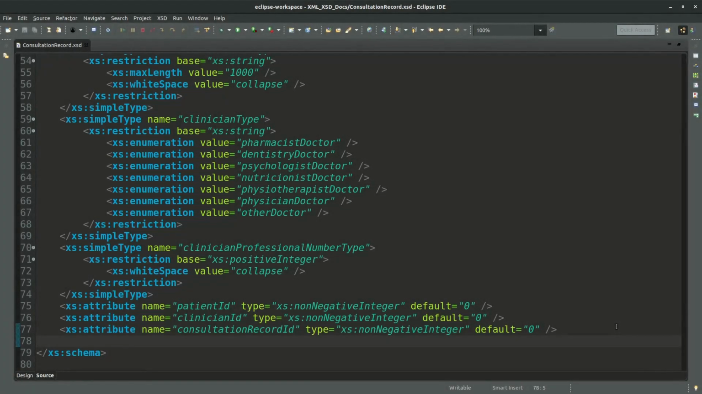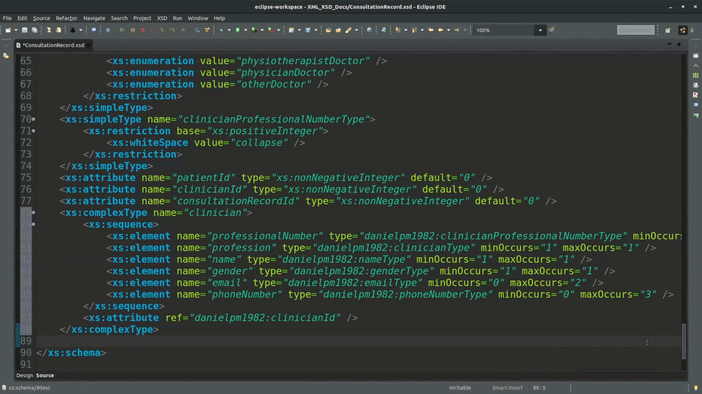So these are all the attributes of this document that we are declaring globally. So nothing new here. And now let's continue with the complex types now. Okay, this is the first complex type, which is the complex type defining or describing